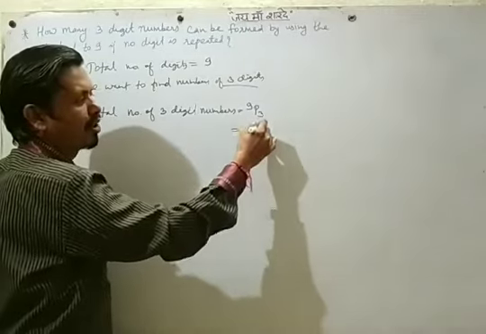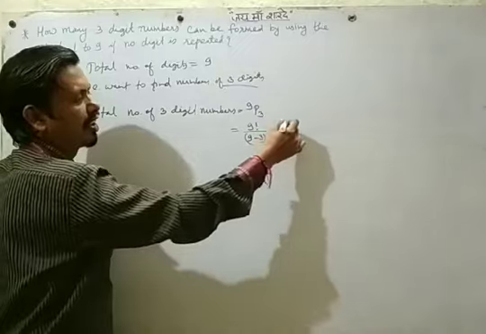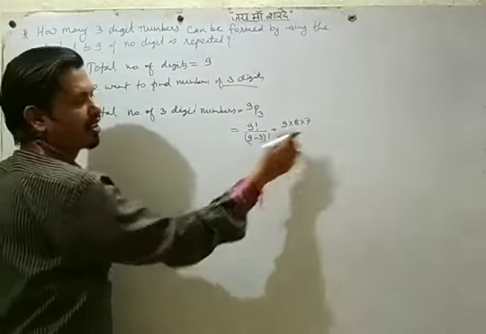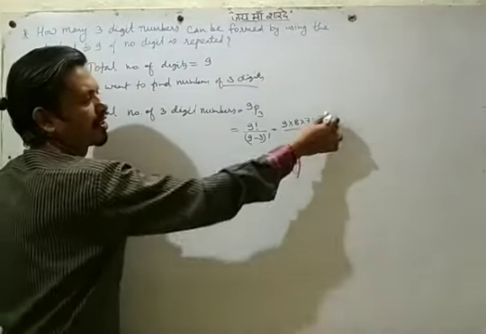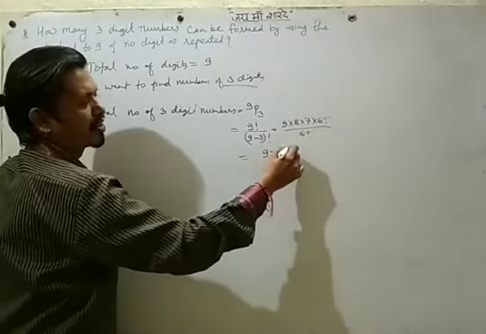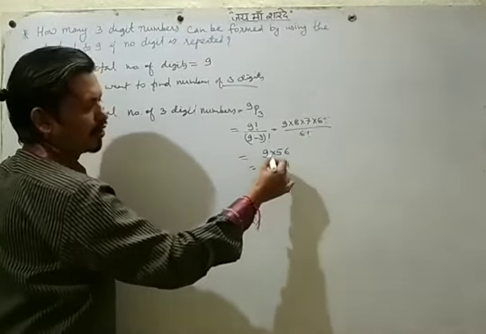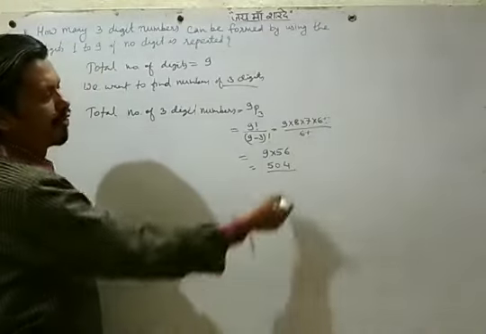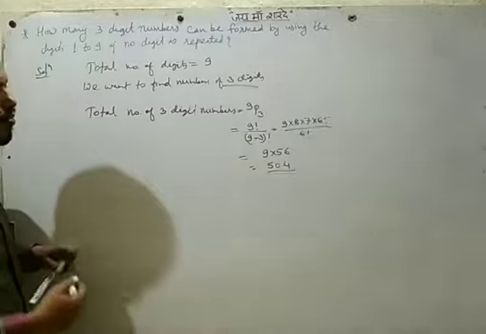So it is 9 factorial upon (9 minus 3) factorial. That is 9 factorial is 9 into 8 into 7 into 6 factorial, since 9 minus 3 is 6, upon factorial 6. 6 factorial cancels out. Now we multiply. 9 8s are 72, 72 7s: 7 times 2 is 14, 7 times 7 is 49, plus 1 is 50, so 504. 504 numbers we can form with the help of the digits 1 to 9. Okay?